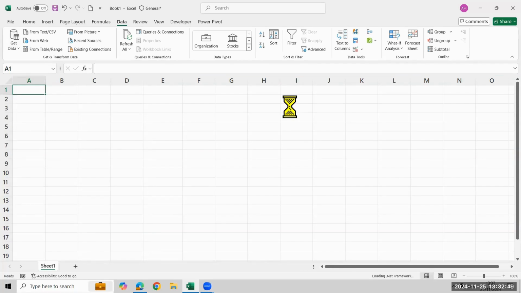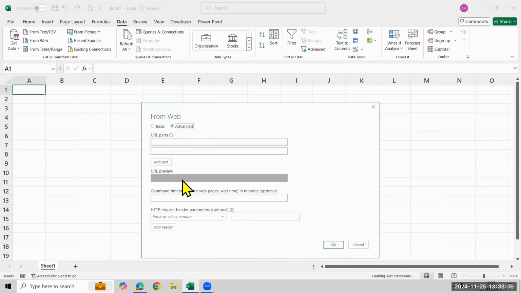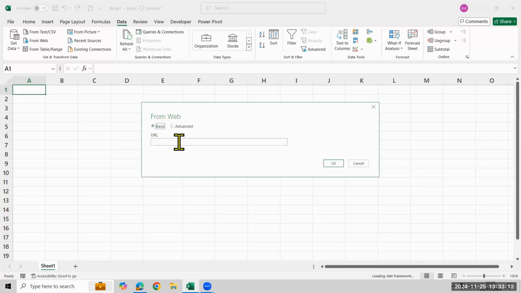And let's see. You will get the option called URL, and you have to paste it. One pop-up window will pop up here. For the first time, it will take time. Do you see Basic and Advanced here? Advanced is nothing but a partition, where at the end you add the URL preview. Basic is a simple option. Paste the URL in Basic. By default, Basic is selected. And then once you click OK,